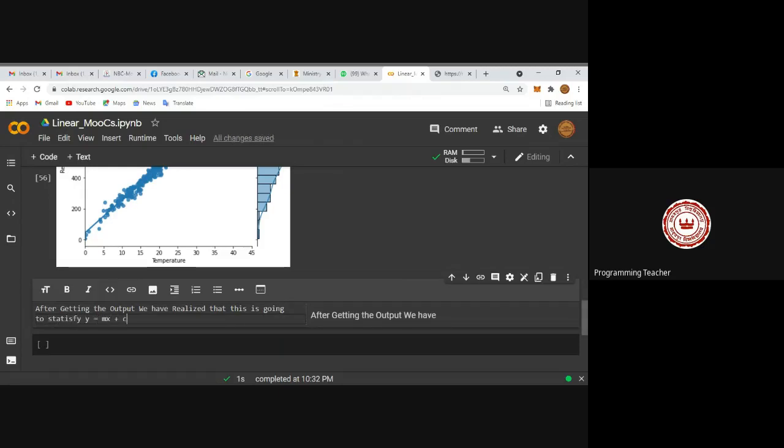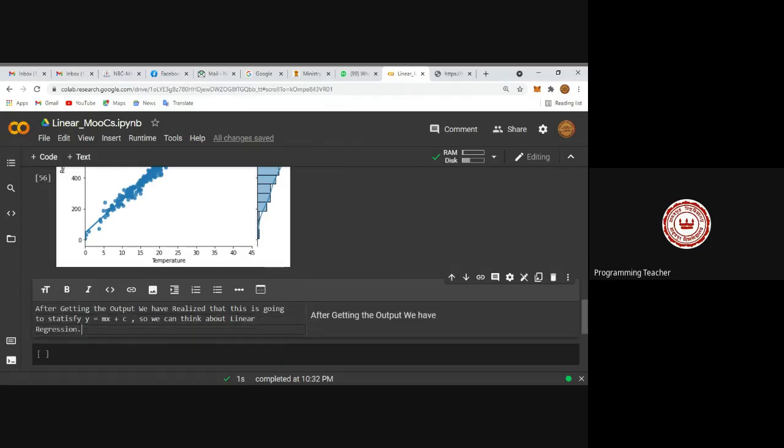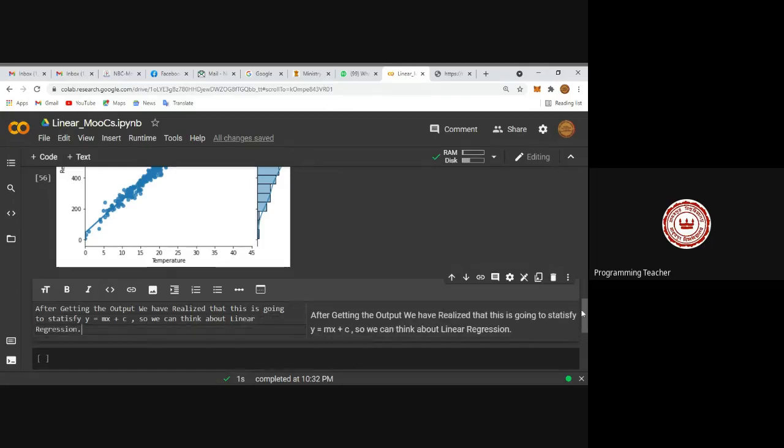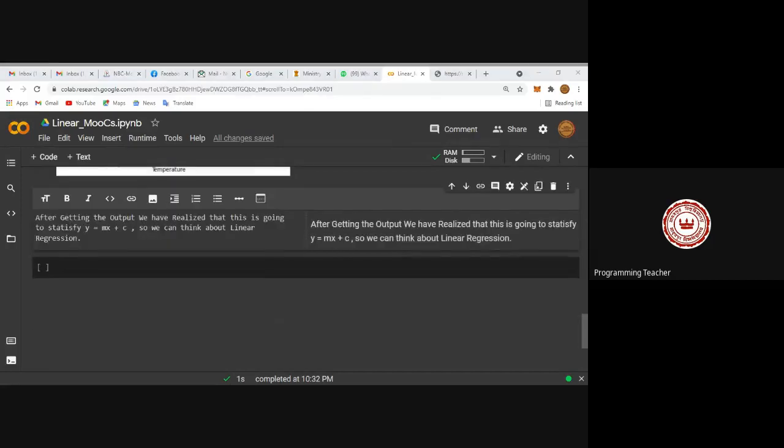So we can think about linear regression. But how to start? That is important. From a basic overview, we already realized all the necessary output for us. It's a linear model, there is no doubt. Hopefully all of you agree with me too.